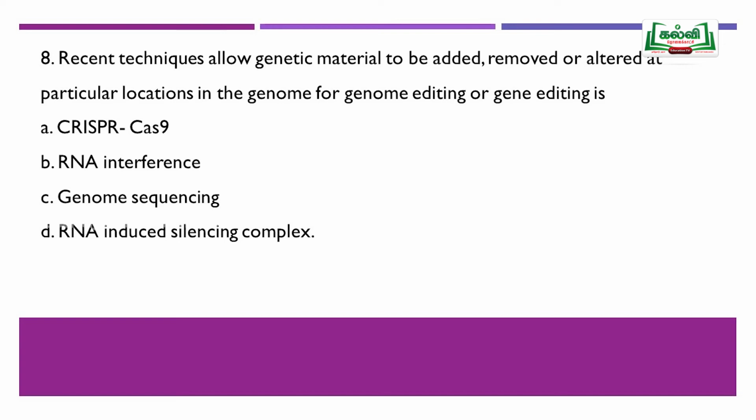Okay. So, we will discuss from the bottom to top. RNA induced silencing complex, otherwise we call it a RISC complex. This will recognize the double stranded RNA if it is present in the cell. That is dangerous. So, it will go and remove one of the strands, and that will silence the functional RNA. Then coming to genome sequencing, this is a technique by which the entire genome of an organism is sequenced. We are not going to add or remove any genes. Now, RNA interference means interfering with a functional RNA, the RNAi technology.